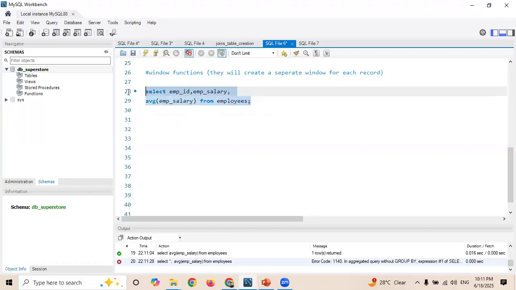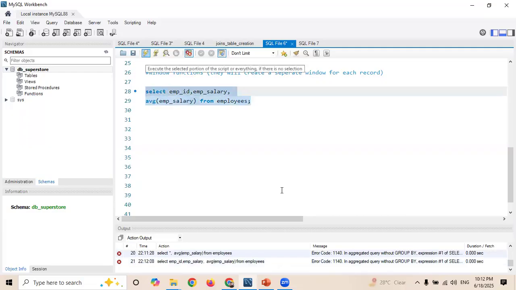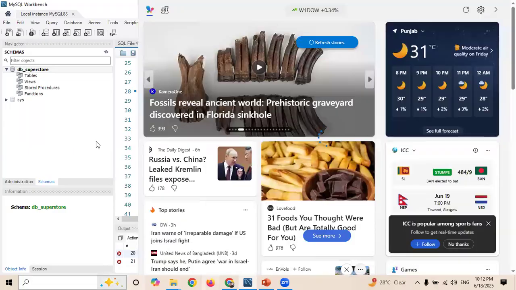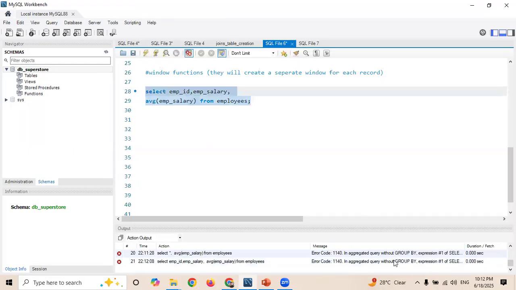If now I will run, it will give me an error. Why? Because we cannot use aggregated functions without the group by clause. We have already seen the group by clause. You can also see here the error that without group by we cannot use any aggregated functions, right? So what I will do, I will use group by,